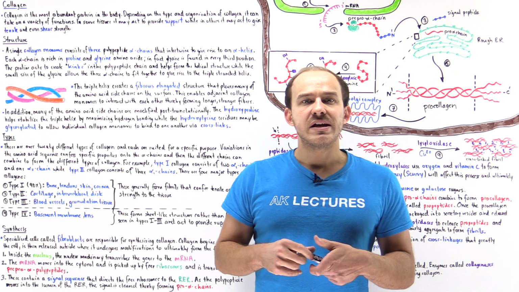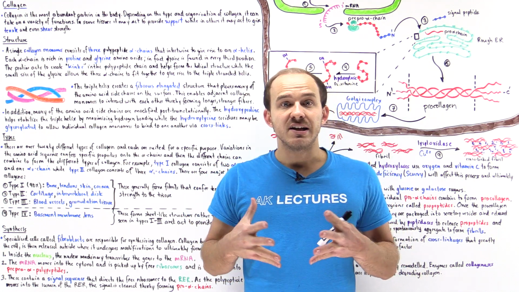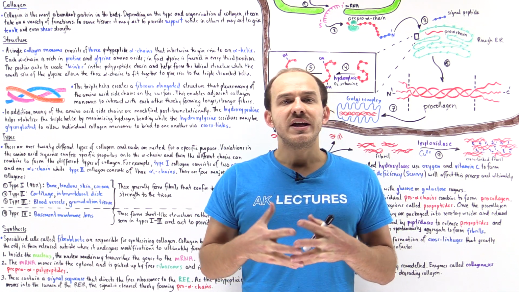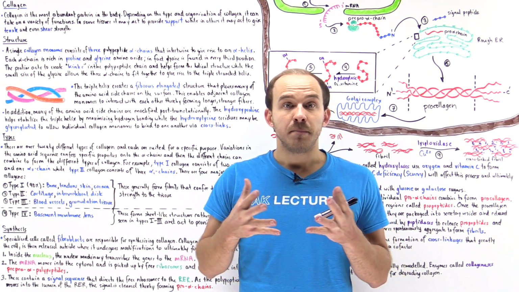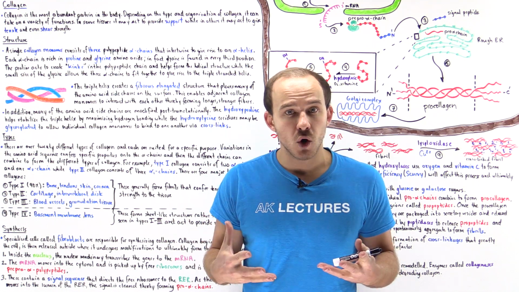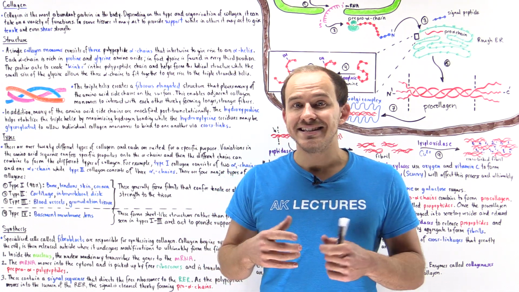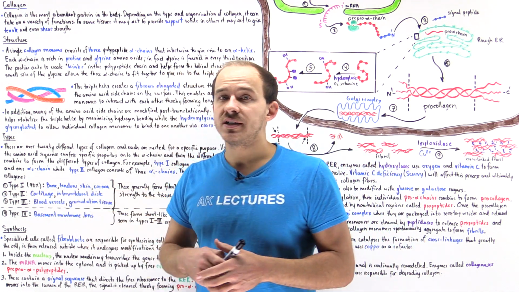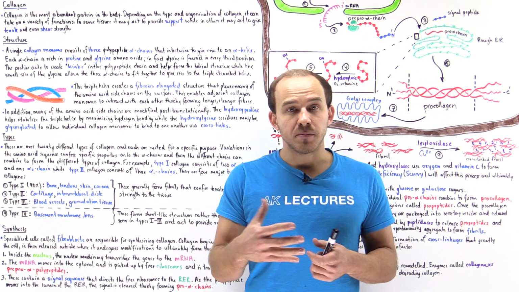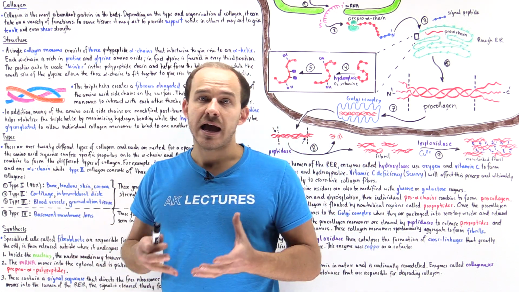So in our body, we have specialized cells known as fibroblasts. And the entire point of these fibroblasts is to actually synthesize collagen. We have different types of fibroblasts depending on what organ or tissue we're talking about. For example, in our bone, the fibroblasts are known as osteoblasts, and these generate type 1 collagen. While in our cartilage, we have fibroblasts known as chondroblasts, and these generate type 2.